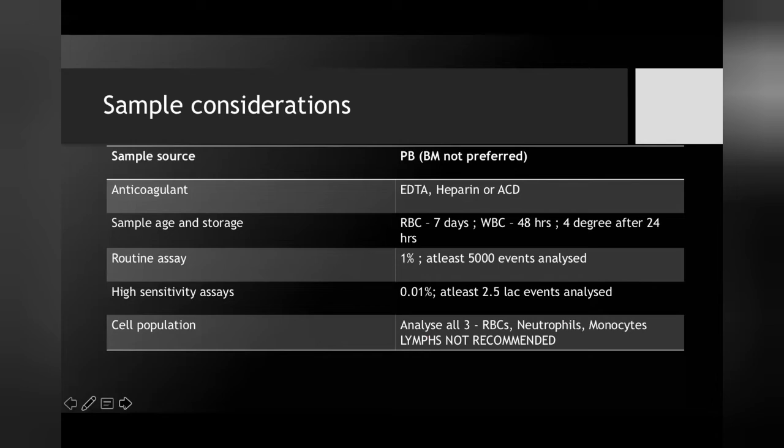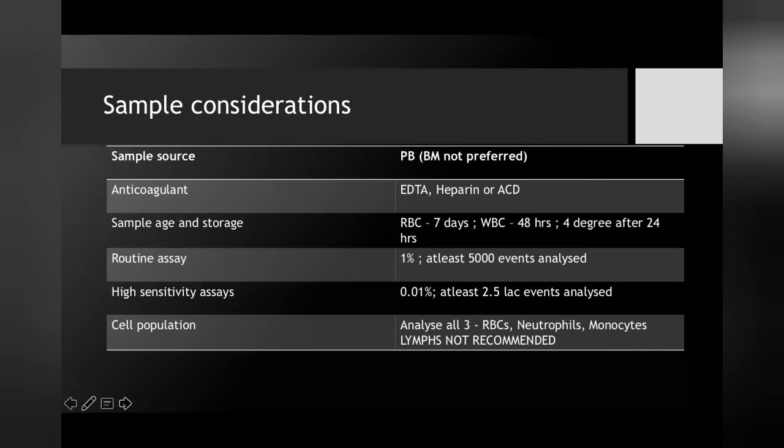Now, which cell populations to analyze? As I previously told you, the defect occurs at the level of the pluripotent stem cells, and all the cells are going to show you GPI deficiency. So it is recommended that you not only analyze the RBCs, but also the neutrophils as well as the monocytes. Now, lymphocytes are not taken in analysis. It is not that lymphocytes will not show you GPI deficiency, but why they are not used for analysis,